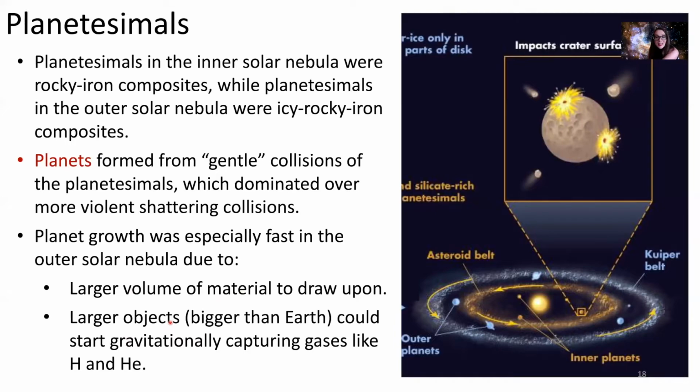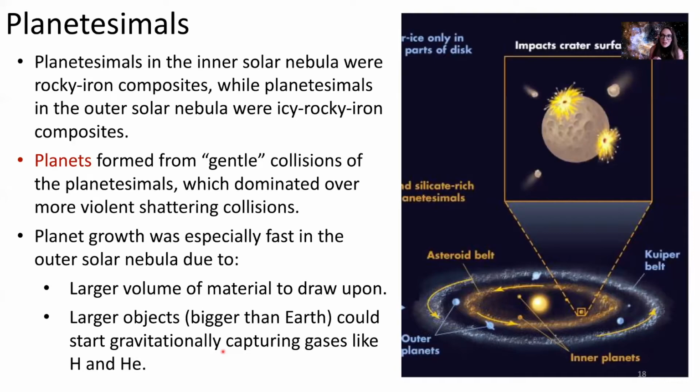system's protoplanetary disk, could start to gravitationally capture those gases like hydrogen and helium, okay? So these gases, when they heat up, they start to bounce around and they gain energy and they have a speed associated with that energy. So when those gases are very close to the sun, like our inner planets, those gases are going to be bouncing around much faster. It's going to be harder for those smaller bodies in the inner solar system to be able to hold on to that rapidly moving gas, which explains why they don't have such a great atmosphere, such